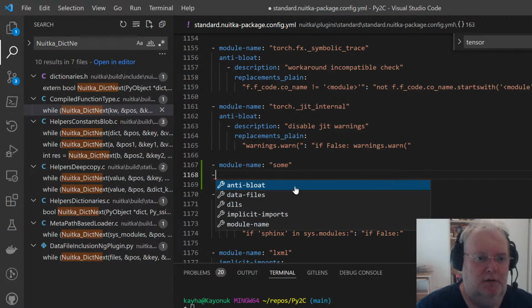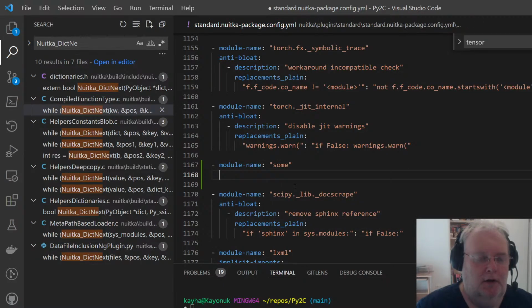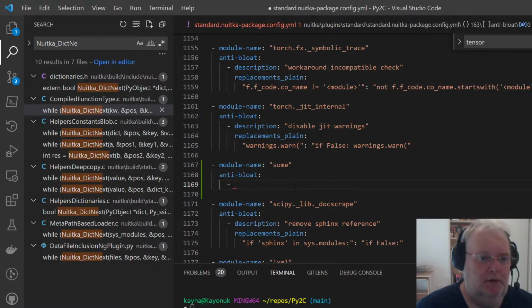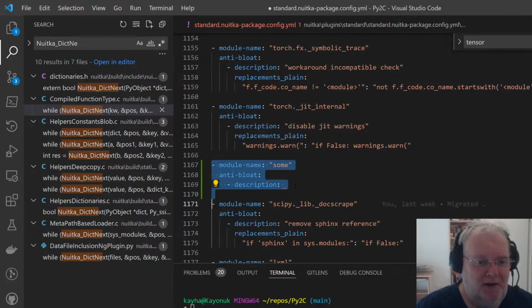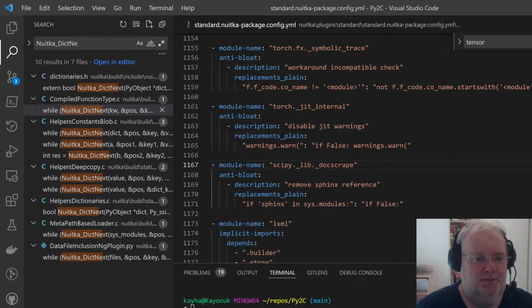It will complete and know the keys and so on. So this is actually a lot less dependent now on copy and paste to get right. Previously, I could only do new entries by copying existing ones.